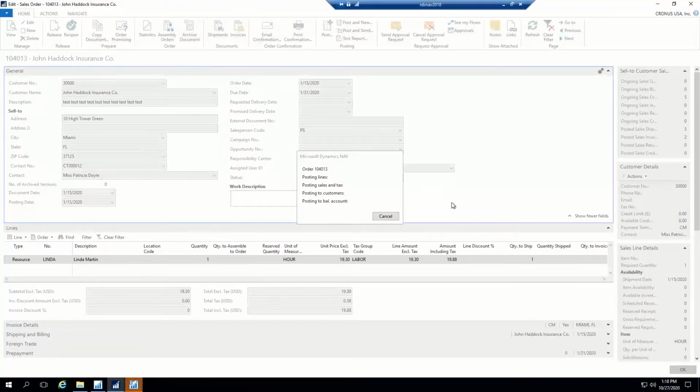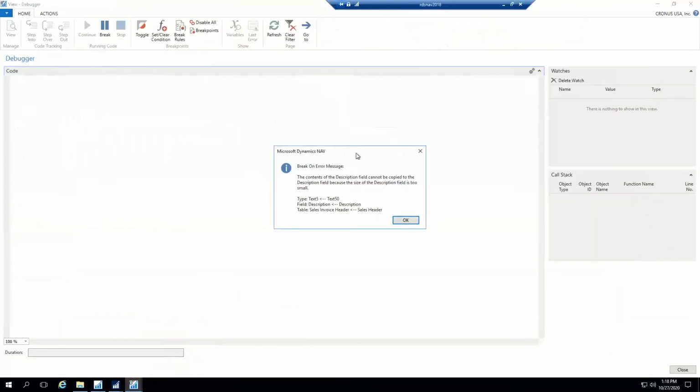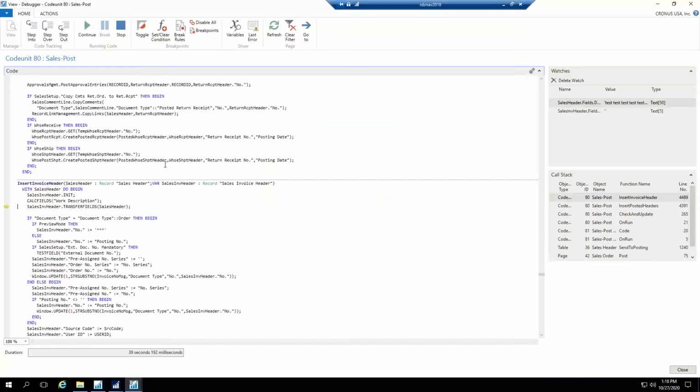And it has me kind of stuck up here. My debugger is flashing down below. So let's click on that, and when I click it, it shows me, hey, that's that same error I was getting. And we go ahead and say okay here, and it'll take me to the exact spot in code where that error occurs. And in this situation, it is when I'm trying to copy sales header fields into the sales invoice